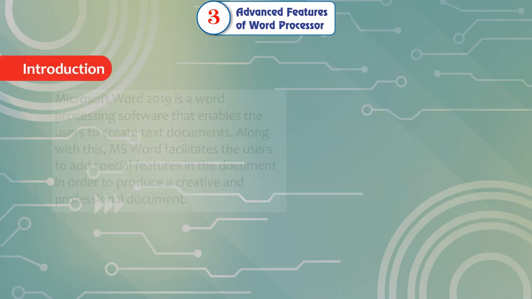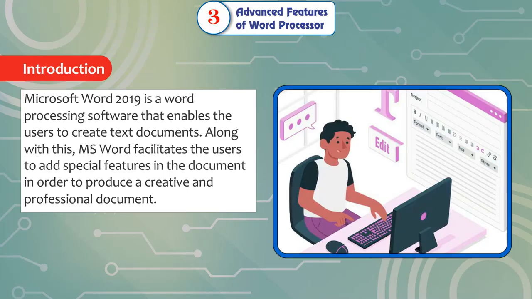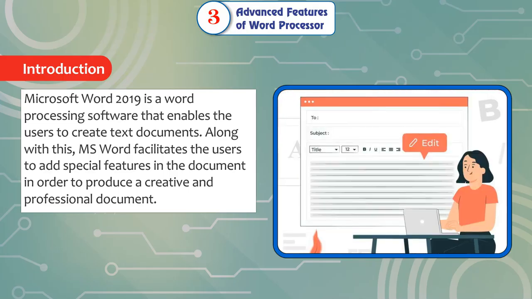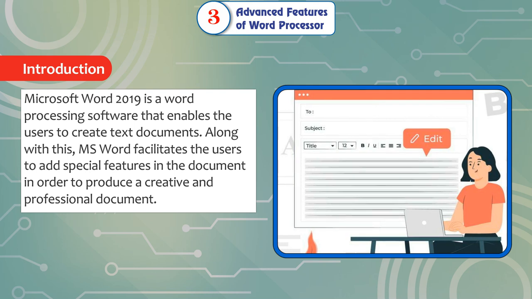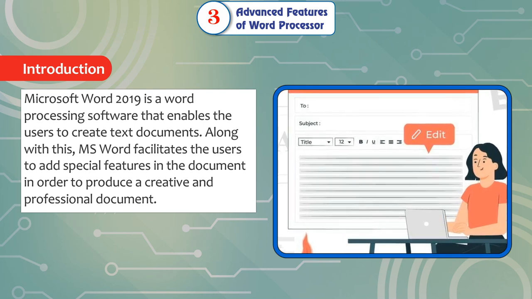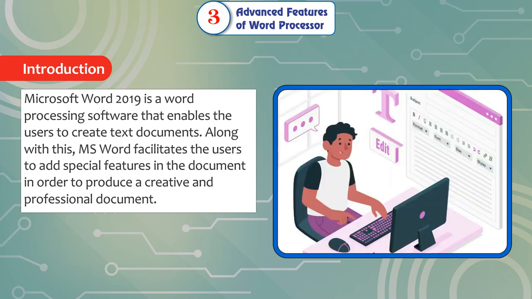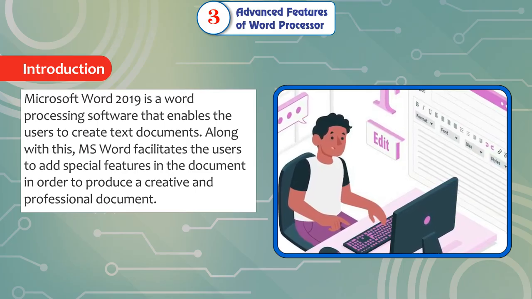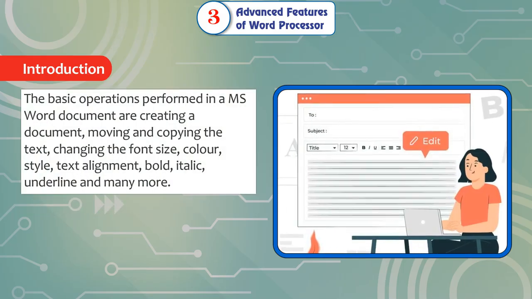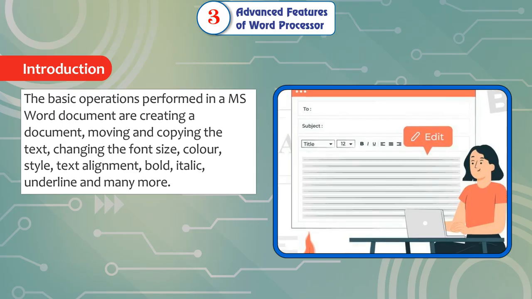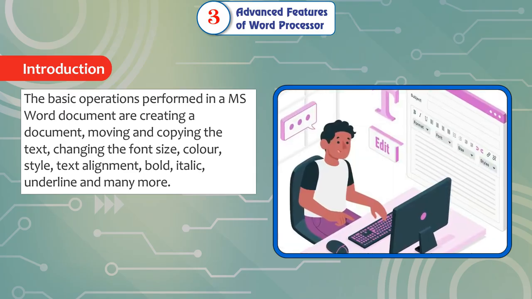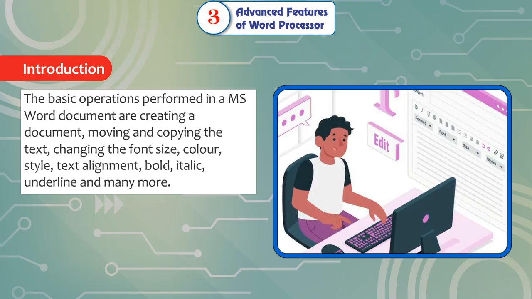Introduction. Microsoft Word 2019 is a word processing software that enables the users to create text documents. Along with this, MS Word facilitates the users to add special features in the document. In order to produce a creative and professional document, the basic operations performed in a MS Word document are creating